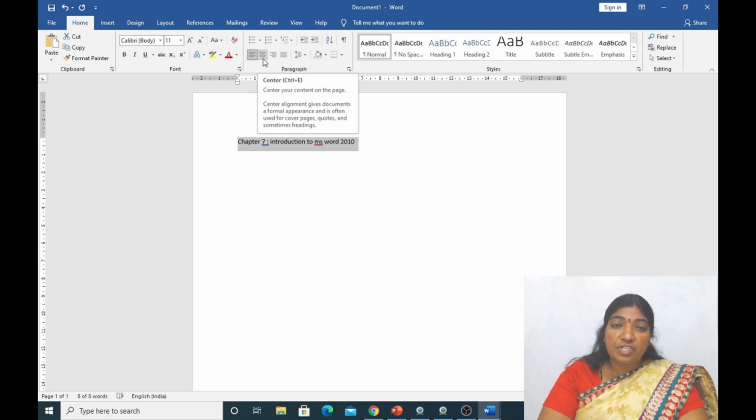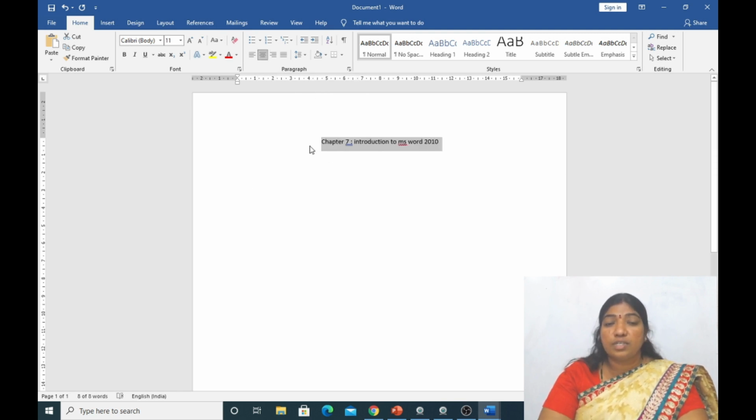So first I will select the text which I have written in the document area and then I will just press center. Did you see the difference? Yes, there is a difference. First it was left aligned and after I made the change, it came to the center of the document area.